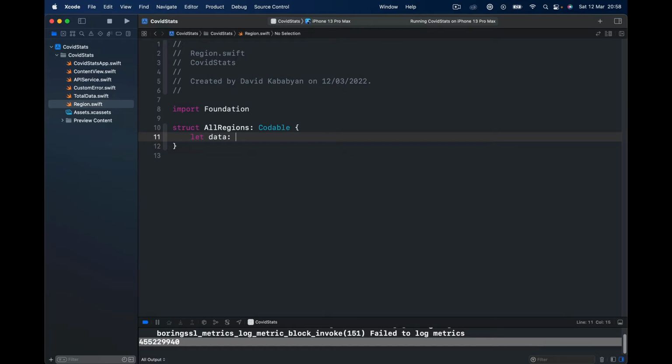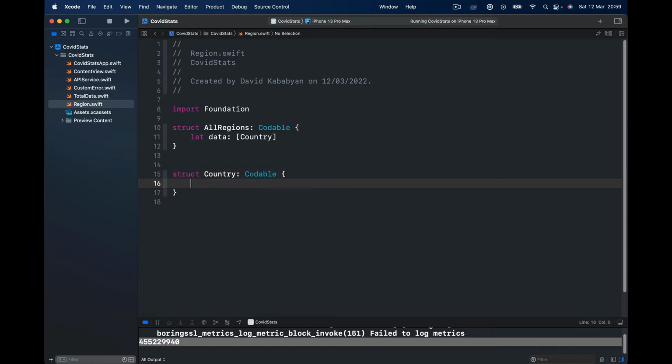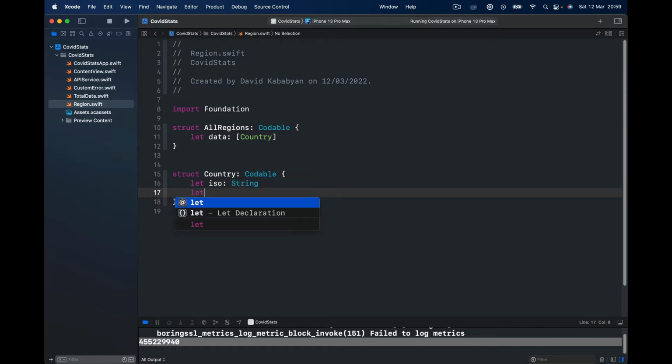Again, the key is very important. It's going to be an array of Country objects, which we don't have, but we can say struct Country conforms to Codable, and then we will have let iso String and let name